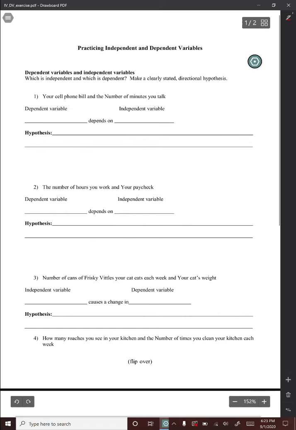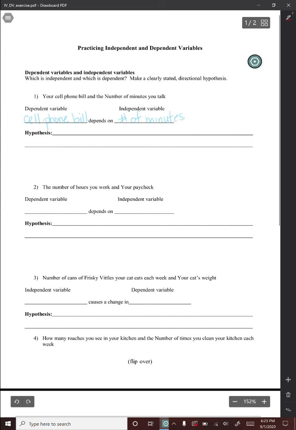Okay, number one, your cell phone bill and the number of minutes you talk. I don't think this is how cell phone bills work anymore, so I'm showing my age here. But it used to be the case that your cell phone bill would go up if you talked more minutes on your cell phone. And so the cell phone bill depends on